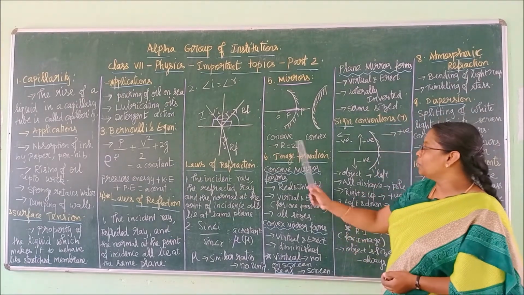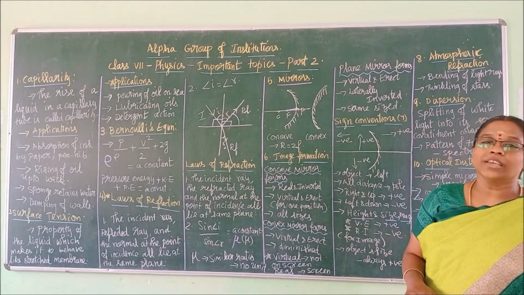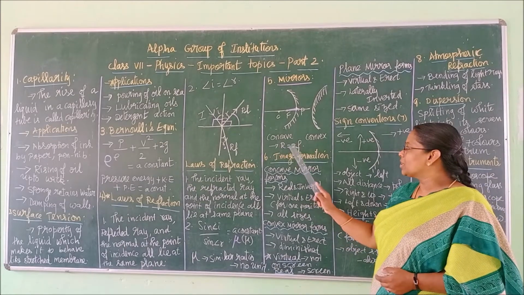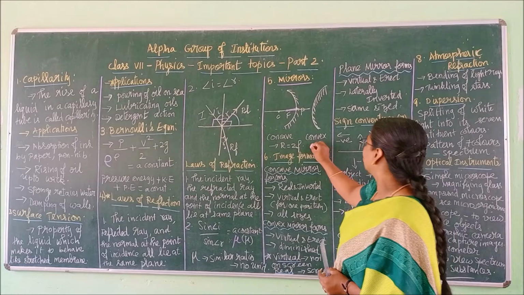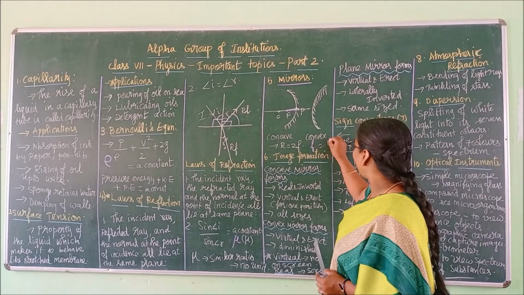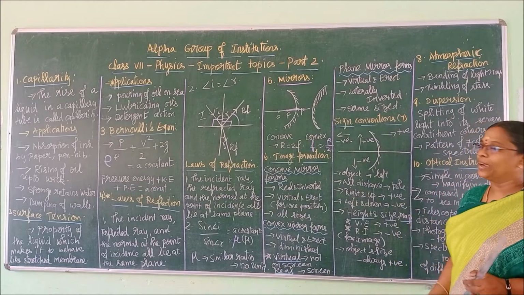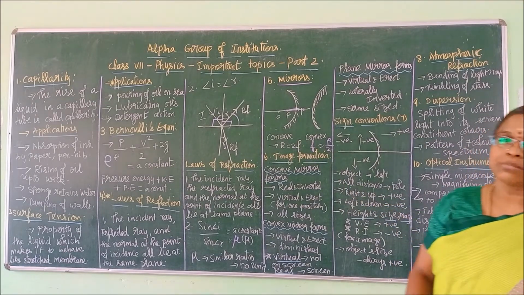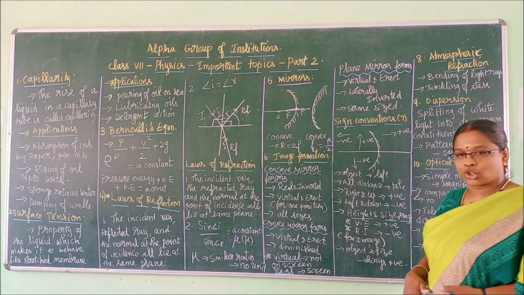Right. And we learned one formula relating the radius of curvature and the focal length. What is it? R is equal to 2f. Radius of curvature is equal to 2 into focal length. And also how can we write this? f is equal to R by 2. f is equal to R by 2. So remember these two formulas very clearly. Sums based on them can be asked in the examination, which we have done in the test also.